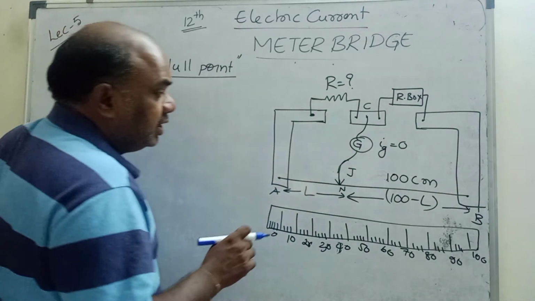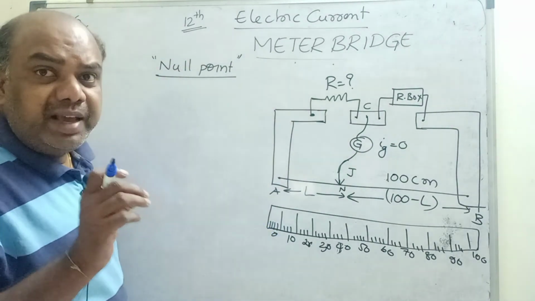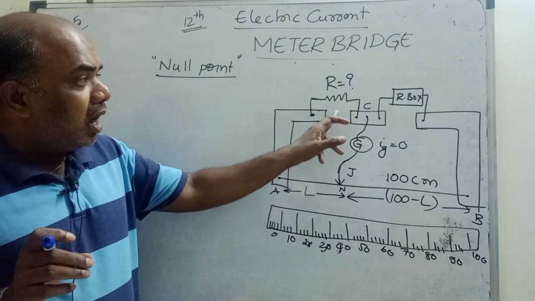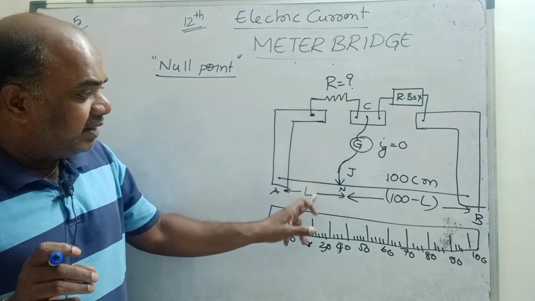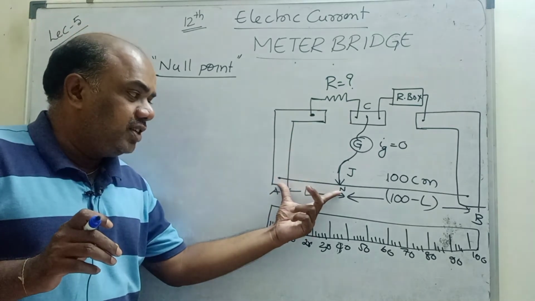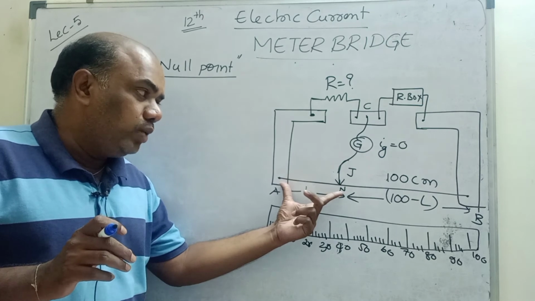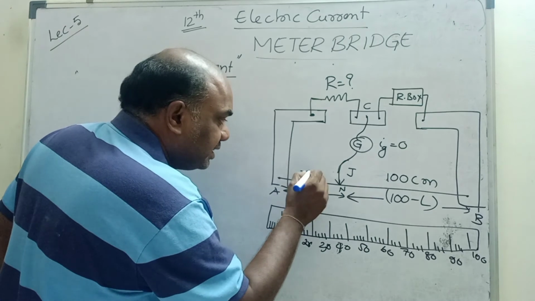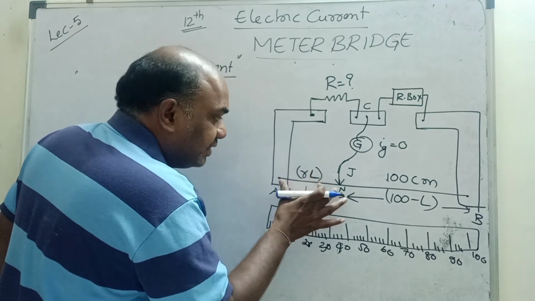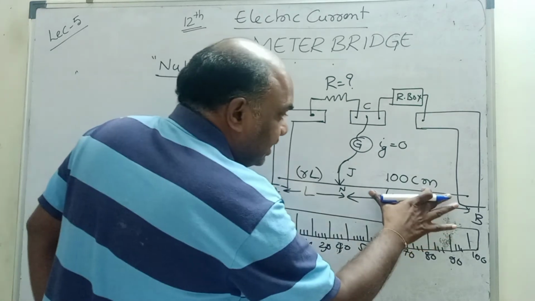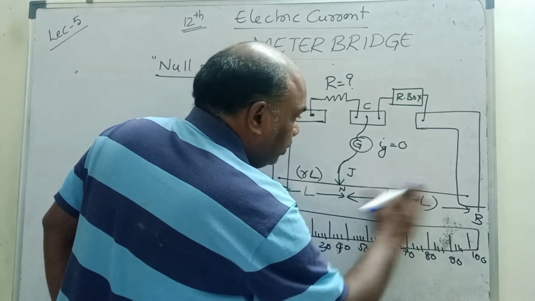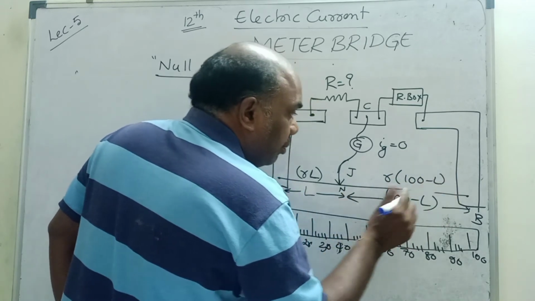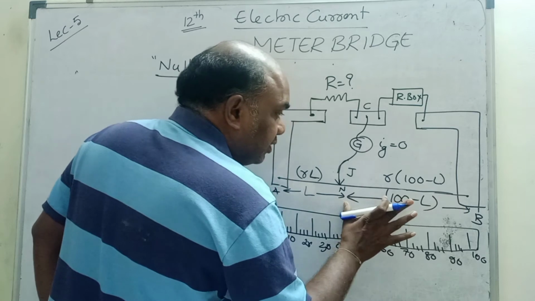Now observe carefully, children. I said it works on the principle of a balanced Wheatstone bridge. Now you can also write it as this resistance by this resistance. This is the resistance of the wire from A to N, A to null point. Let us consider this resistance is R into L, because R is the resistance per unit length. This is the resistance of part AN. What is the resistance of this other part? R into (100 minus L) is the resistance from the null point to B. This is the resistance of part NB.